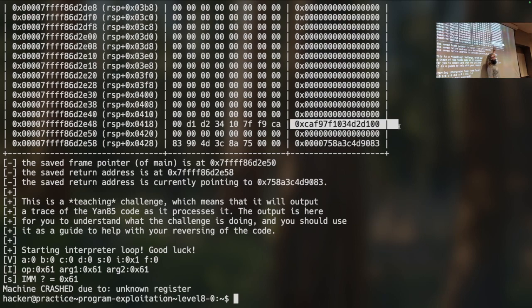Saved RBP. It's 0. Why? Because I'm looking at the stack frame of main. Saved RBP isn't used up in libc, which is what calls main, right? Make sense? And this is going to be the return address for main. We just start up inside of libc start main, right? That looks like the end of a stack frame. So it's really only printing out one stack frame. So this challenge probably doesn't involve intraframe overflows. Maybe it does, but it'd be a little silly to only print out in the help text a single frame, right?